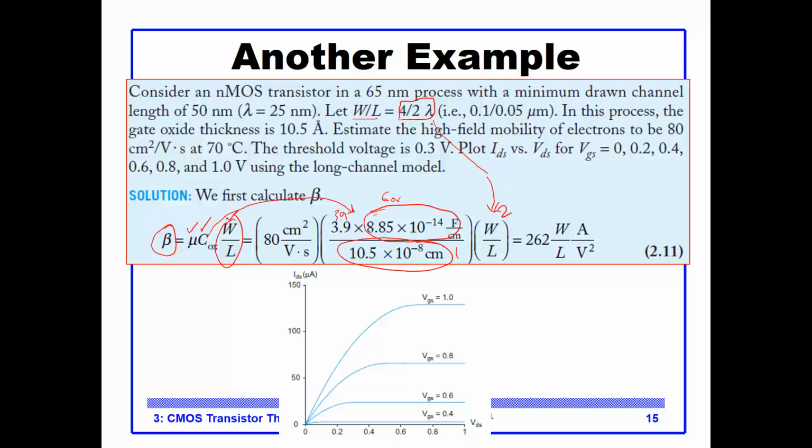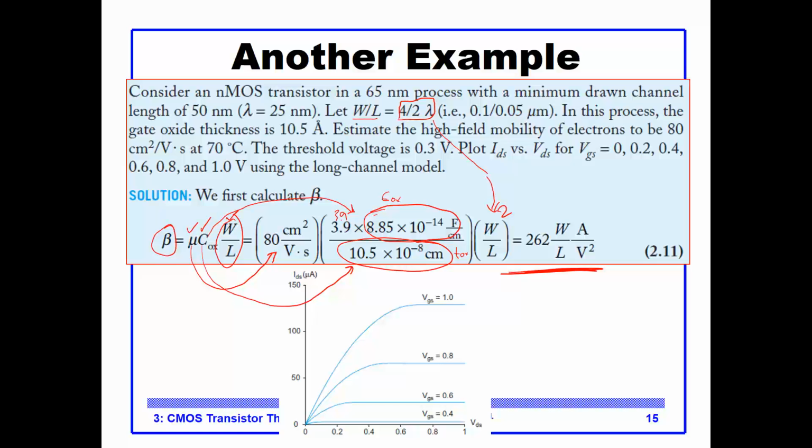Okay, this is the thickness. All will be given to you in the exam, and so now we get the COX. And how about the mobility? Well, here's the mobility, 80 square centimeter per volt times second. Okay, all of that you can use to compute the value of beta,